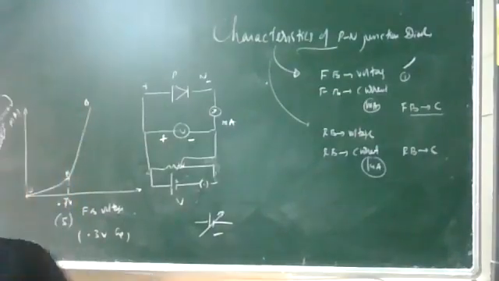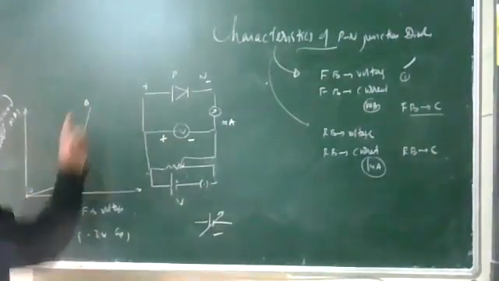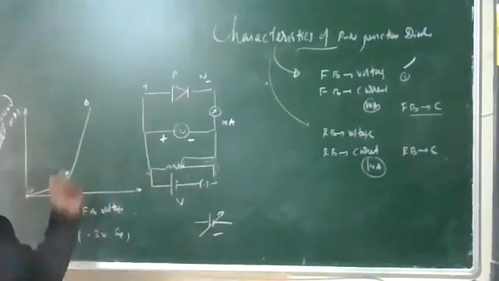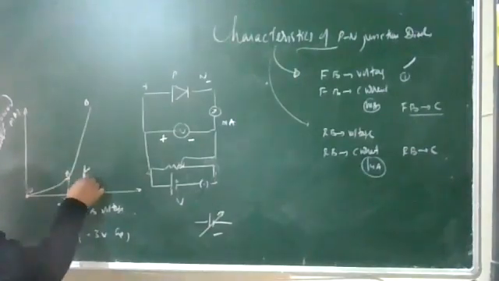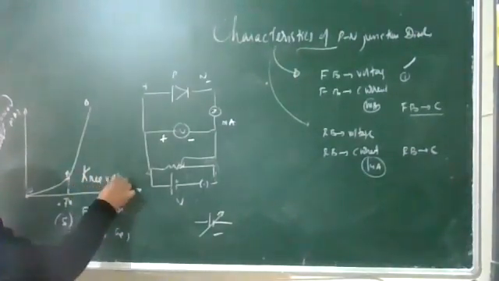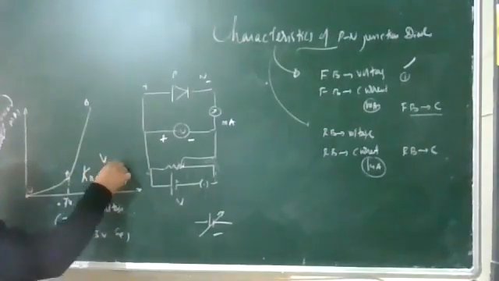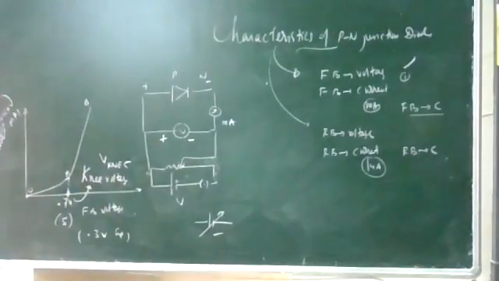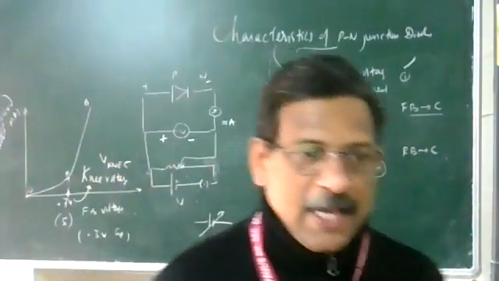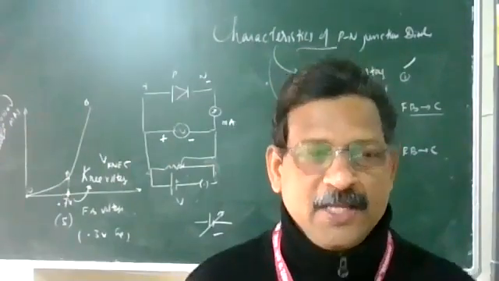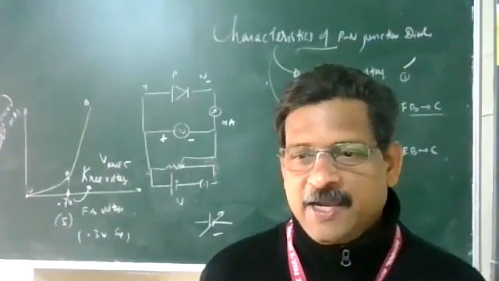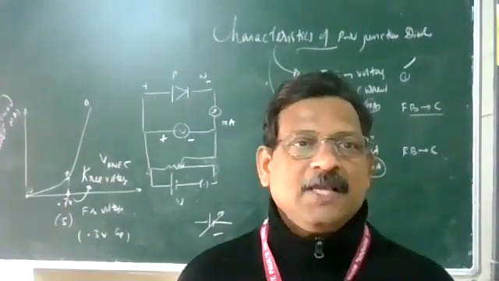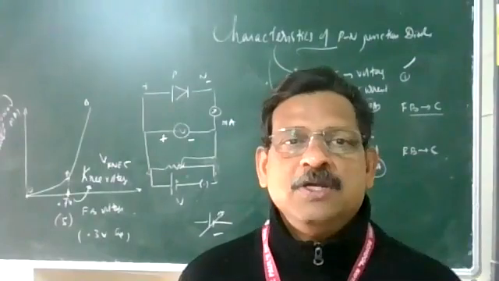Resistance is different. So this particular voltage at which the current increases is known as knee voltage, V knee. The point corresponding to this is known as knee voltage. So what is the knee voltage? It is the forward bias voltage at which the potential barrier is overcome and the current increases suddenly. That is 0.7 volt for silicon and 0.3 volt for germanium.